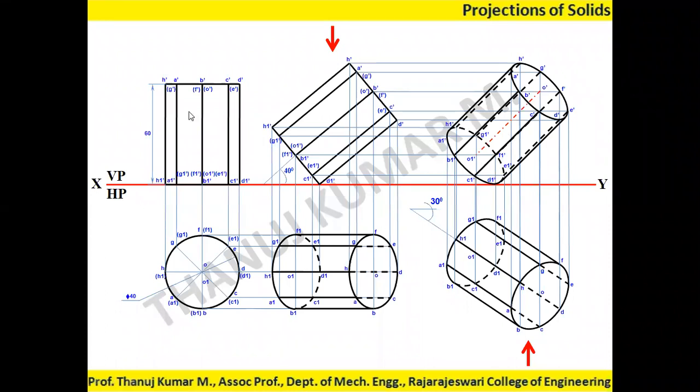If you see, apart from the sixth position, anywhere you cannot see axis line, either in the first position, second position, third position, fourth position, or fifth position. In all these 5 positions, axis line is not seen. Why? Because here in the first position, B1 dash is overlapping the O1. So here also in the front view, it is not seen. So only O1 dash and O dash are both hidden, that is in brackets.